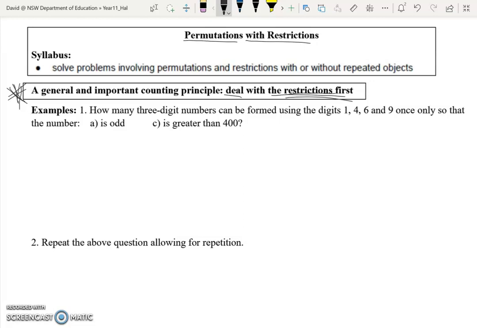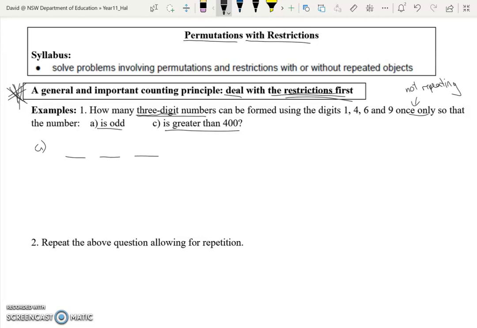So here we go. First question. How many 3-digit numbers can be formed using 1, 4, 6, and 9 only once, so that the number is odd and is greater than 400? Only once means I'm not repeating. Okay, without replacement. 3-digit. So the first thing we always do is set up, I know it's a 3-digit number,